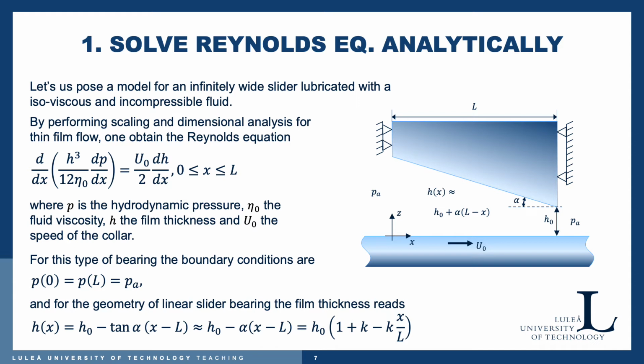Then we will know exactly the magnitude of the pressure, and we will also know the whole pressure distribution for this infinitely wide bearing, which means that we can then compare to